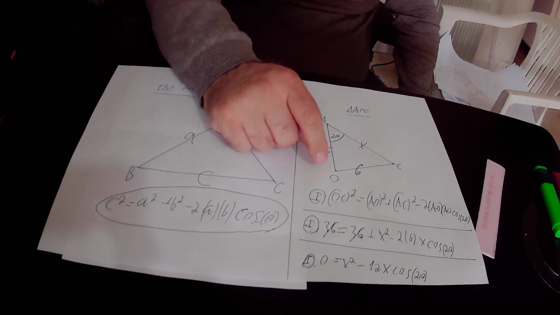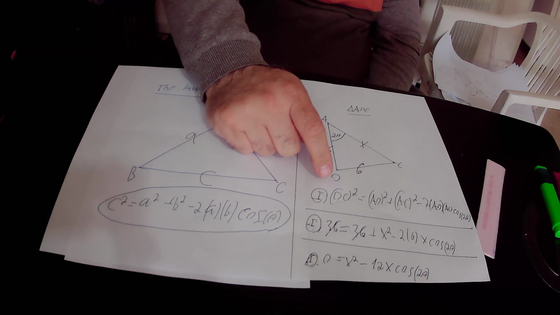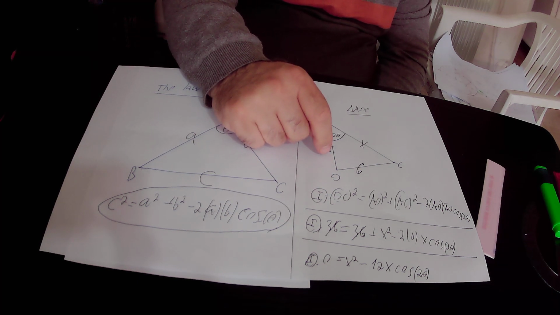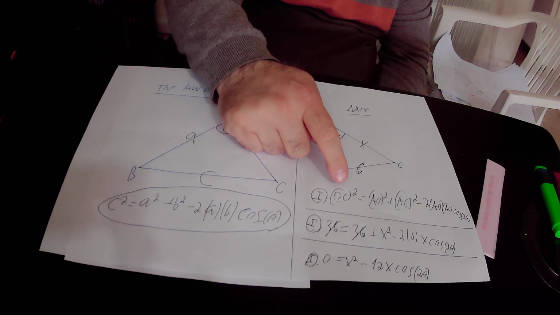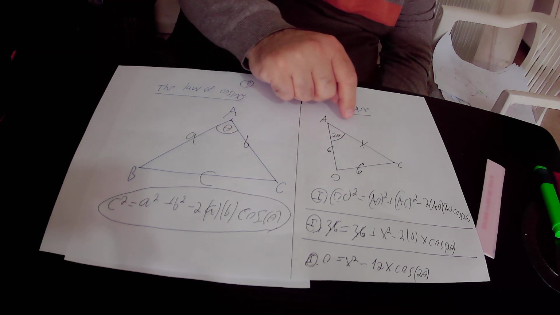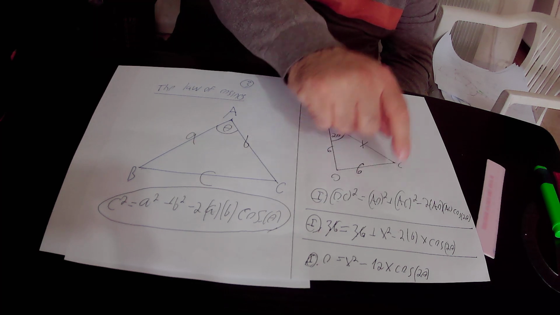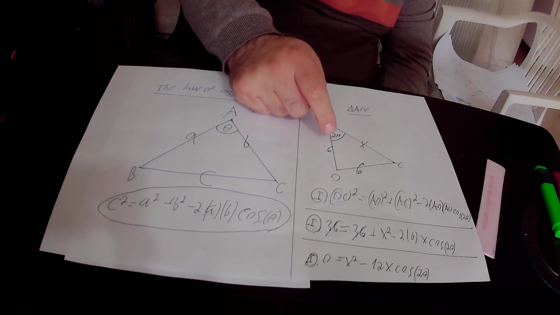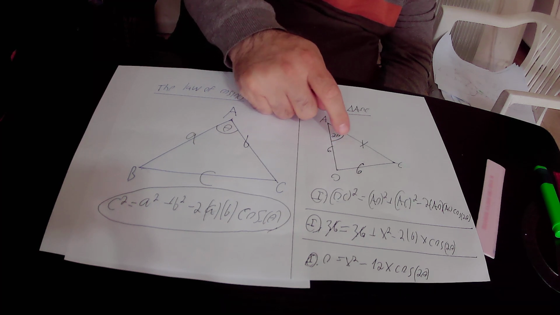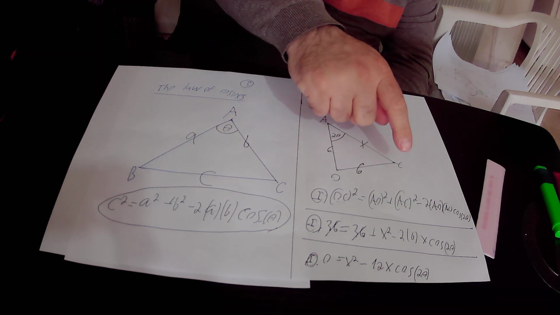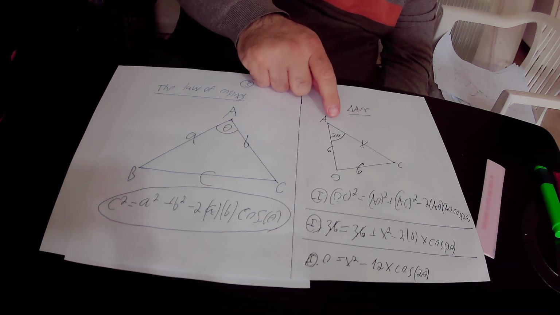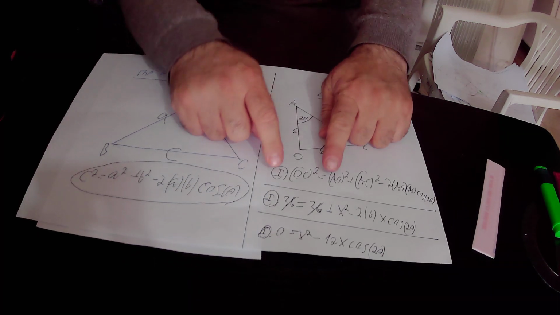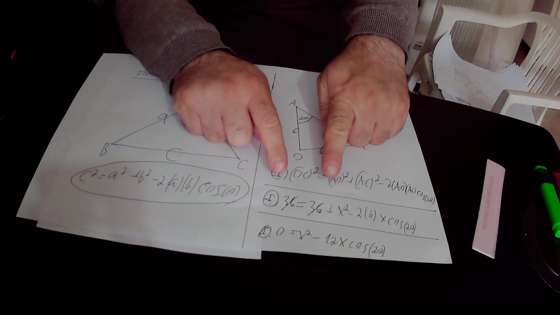OC equals 6 units, so OC squared is 6 squared, that is 36. AO also equals 6 units, so AO squared is 6 squared, that is also 36. AC equals x, so AC squared is x squared. Minus 2 times AO is 6 and AC is x, so it is minus 2 times 6 times x times cosine 2 theta. So here we have 36 on both sides of equation number 1, so 36 will get cancelled,